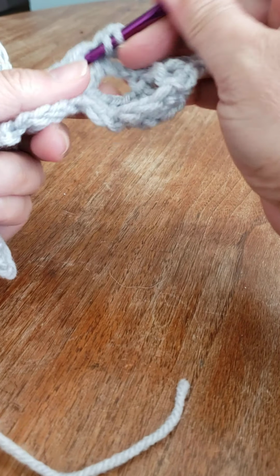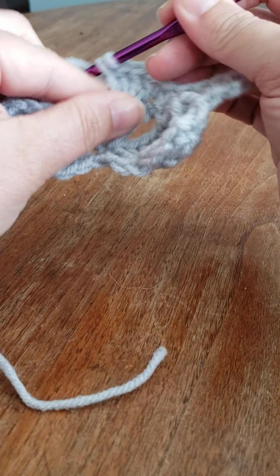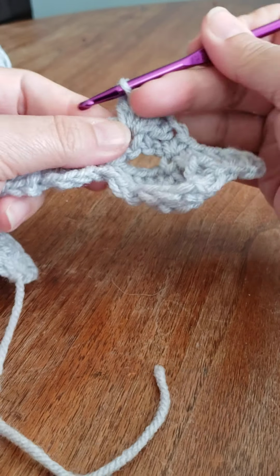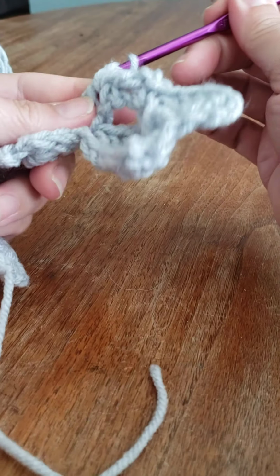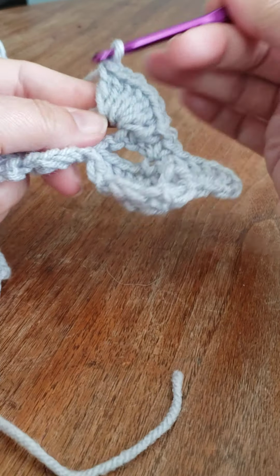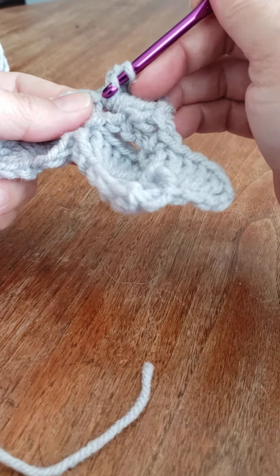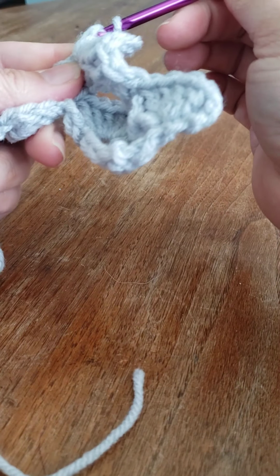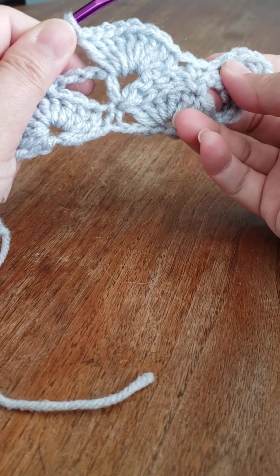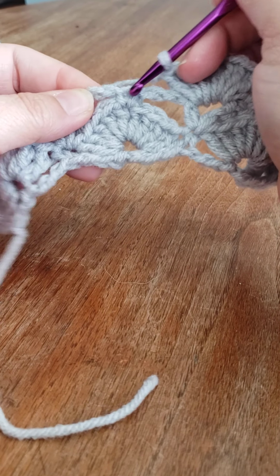2, 3, 4, 5, 6, 7, 8, 9. So you're going to come to your next single crochet that was at the very top of the previous